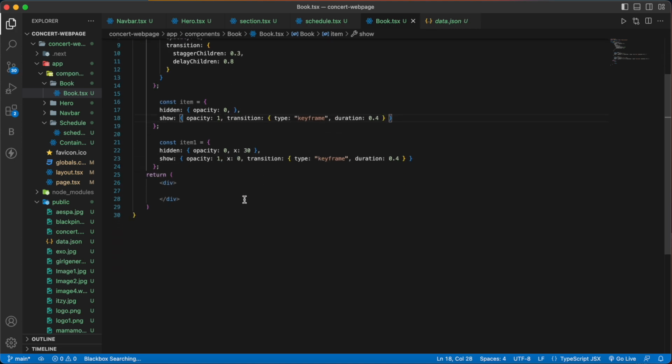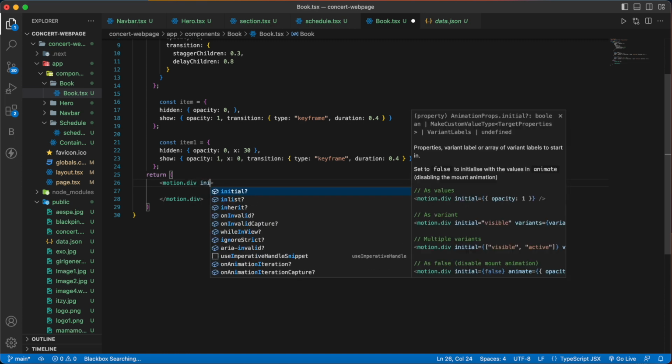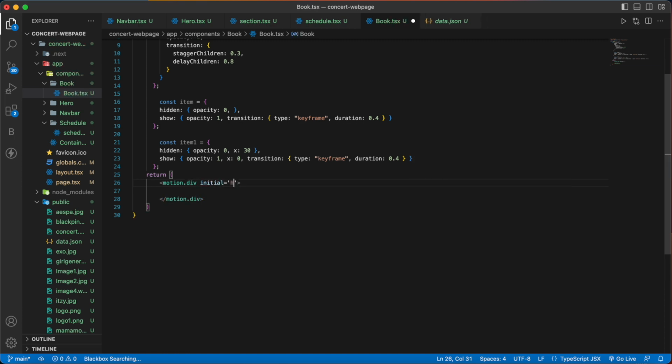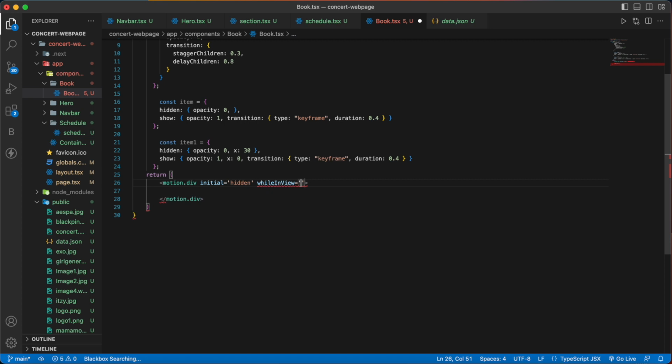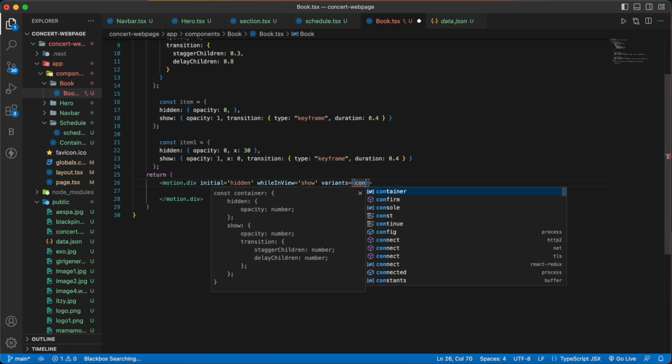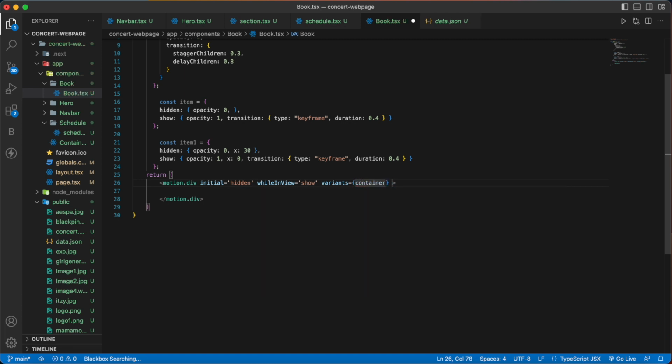And now inside this div, let's first make this div a motion.div, and then we'll have our initial, which will be hidden, then while in view it will be show, then variants will be container, and then viewport will be once true,